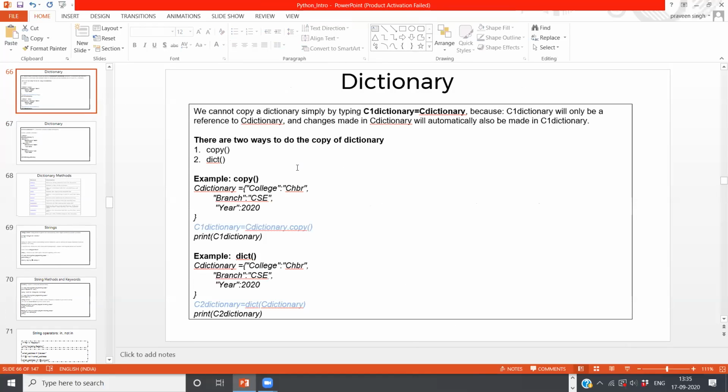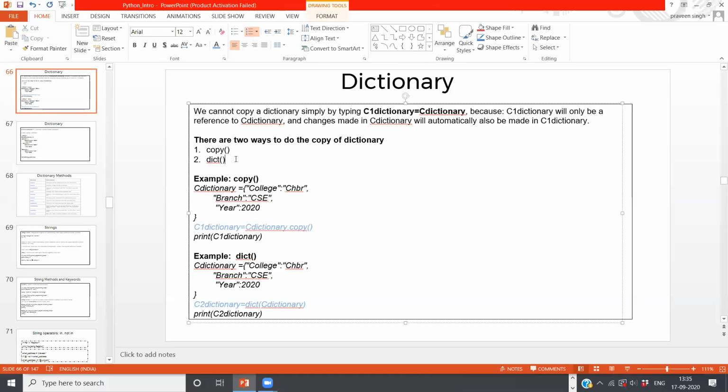One is copy, another one is dict. Copy is a method where you call the dictionary which you currently have and write dot copy. Then you can assign it to some other dictionary where you want to make another copy.